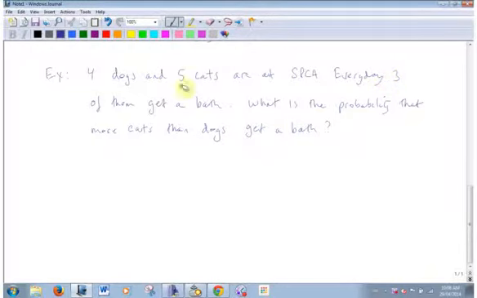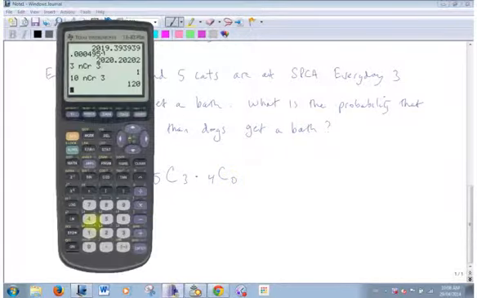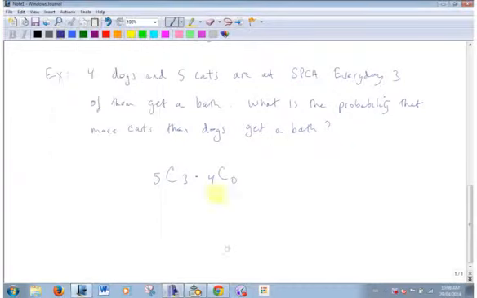So, of the 5 cats, I'm going to choose 3 of them. And how many dogs am I going to have? Out of the 4 dogs, I'm going to have none, because I'm just bathing 3 animals. What is 4C0? Yeah, it's just 1. I'm just going to times that by 1, which means I don't even have to do it, do I?